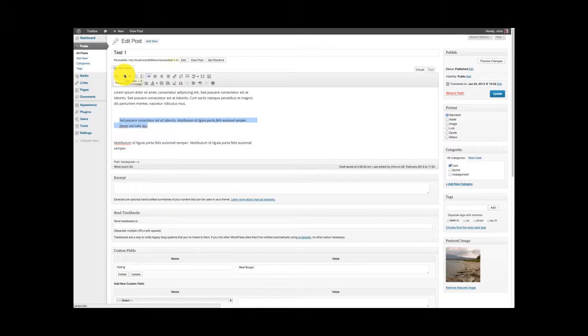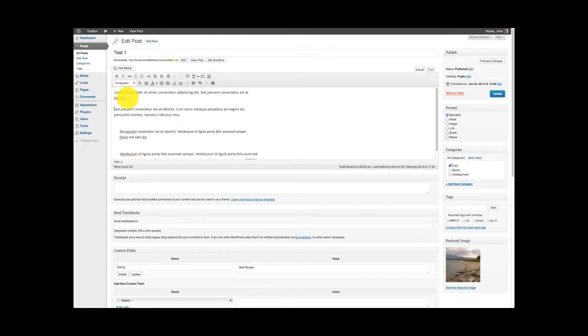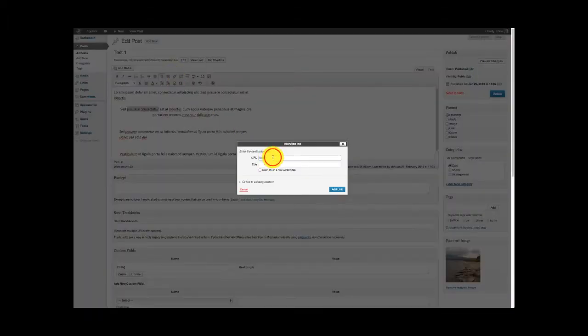Okay, so this text will be aligned to the right. This text can be aligned to the center, and we can add a link to this one, and then we can type something like citroen.com, of course,